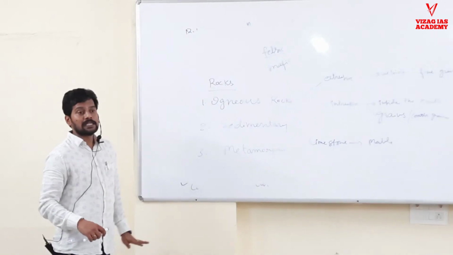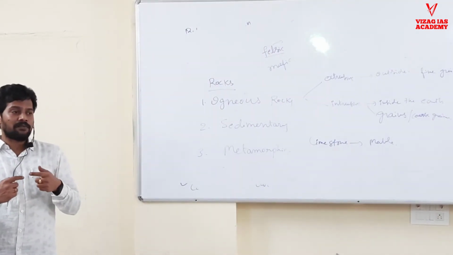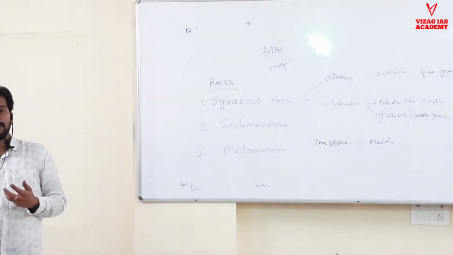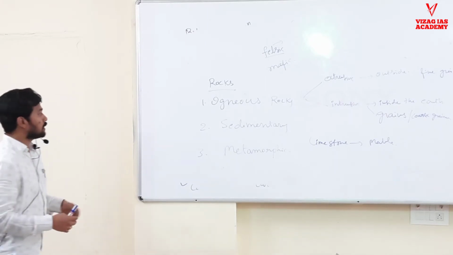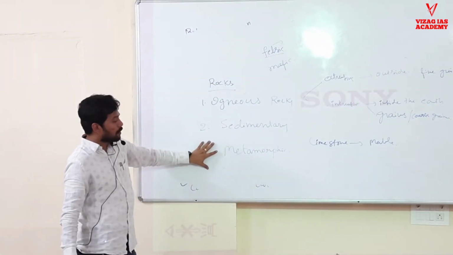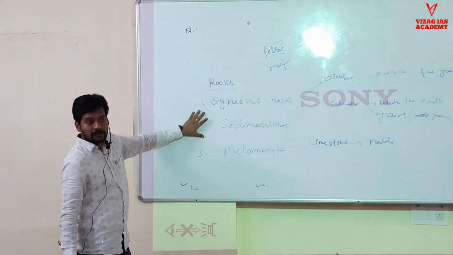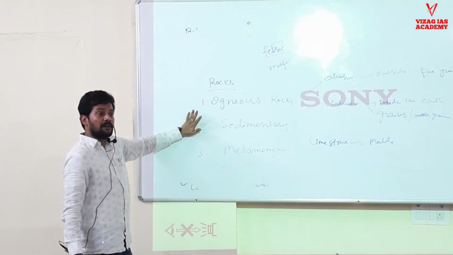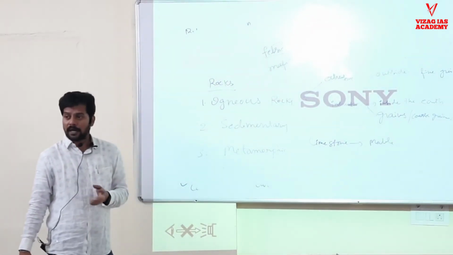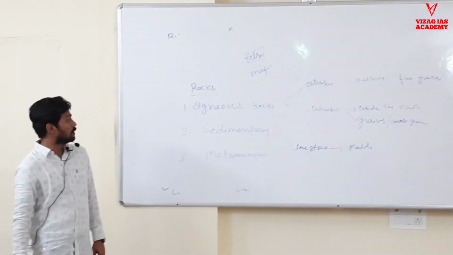This rock cycle is the main thing for the creation of landforms also. Rocks are the constituent materials for any landform, and you keep on changing that structure. This igneous rock today may become metamorphic. Metamorphic may become sedimentary. But at the end of the day, whatever is more erodible will go away. Sedimentary rocks are more erodible, they will go. But metamorphic and igneous rocks are not at all.